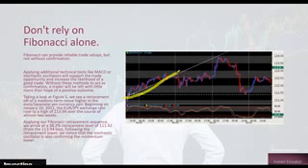Okay, we had this long-term uptrend. We have our appropriate swing high and our swing low. We put our Fibonacci numbers on here. This is the 38.2 retracement. When the market came down here and bounced off of that retracement, you would have traded the asset to go